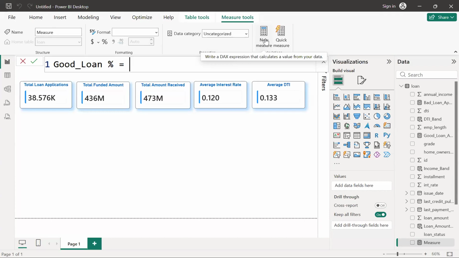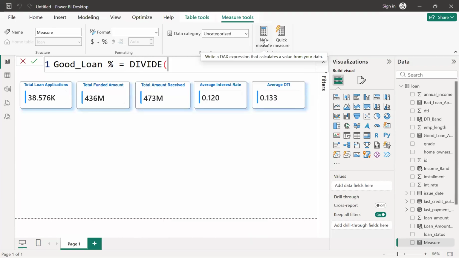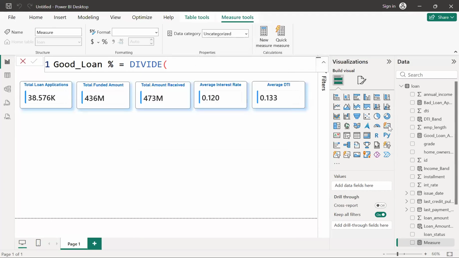Yes, it's too easy, yaar. Okay, you just need to divide, let's say, the good loan application. So right now you have created this good loan application. Okay, so let me even show you that if I just try to understand. Okay, so let's say,